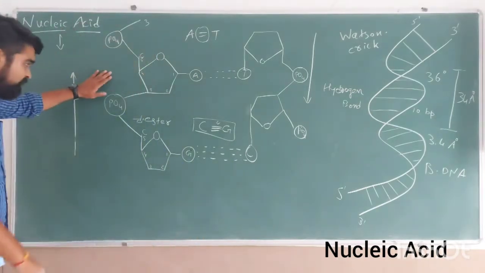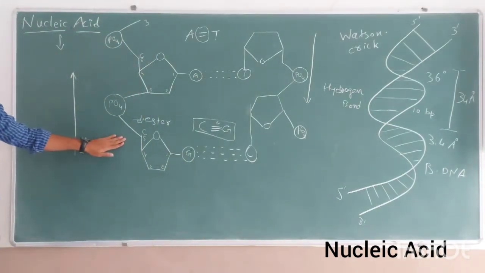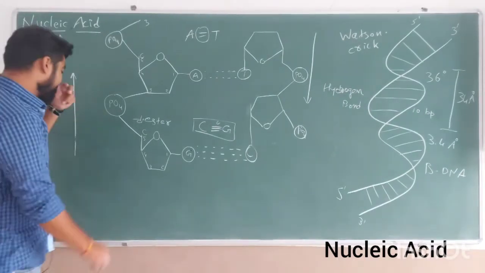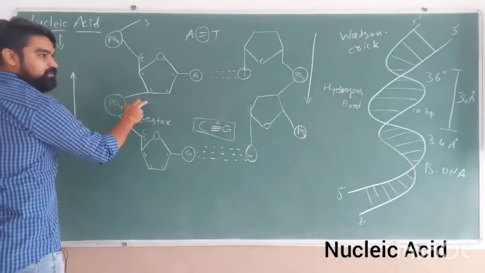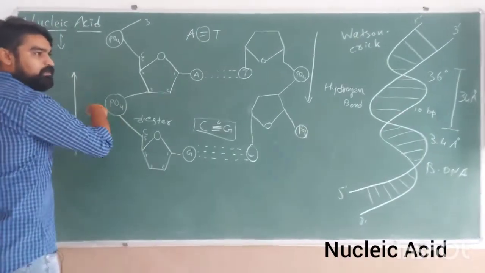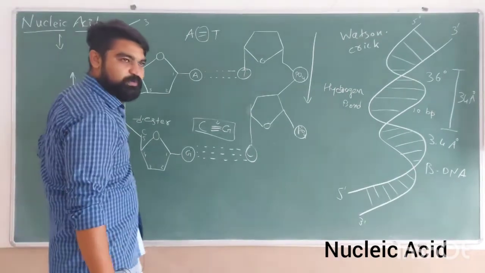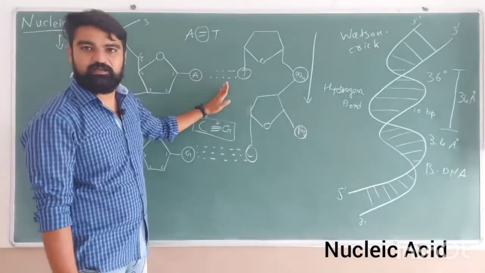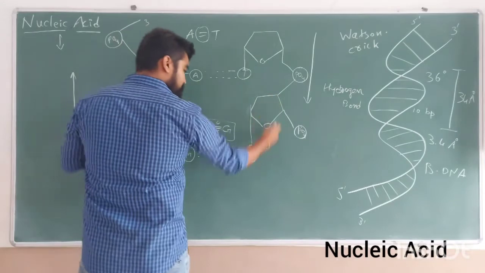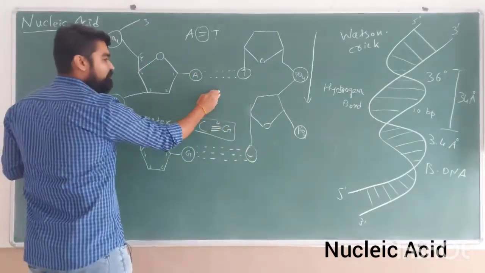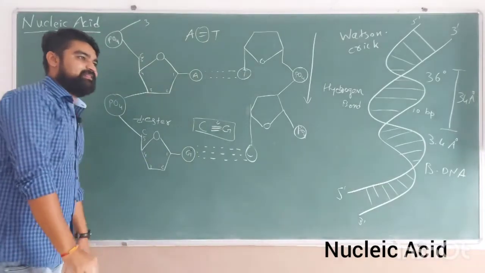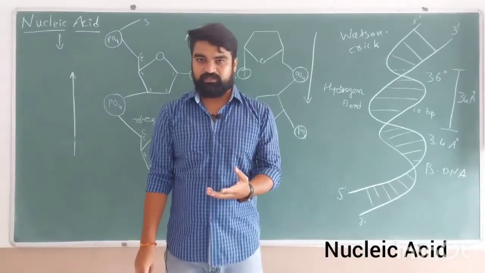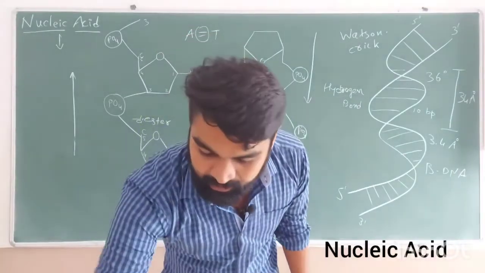Then the bond between two sugar molecules in case of DNA, that is two deoxypentose sugar molecules, is phosphodiester bond, and the fifth carbon of one sugar binds with the third carbon of the next sugar with the help of a phosphate molecule. That's why it is called phosphodiester bond. The nitrogenous bases run anti-parallel and they are inside of the whole DNA structure. This is called the backbone, and this is inside of the backbone, and here A and T, that is adenine and thymine, bind with each other with 2 hydrogen bonds, and guanine and cytosine bind with each other with 3 hydrogen bonds. So this is how the DNA structure is.